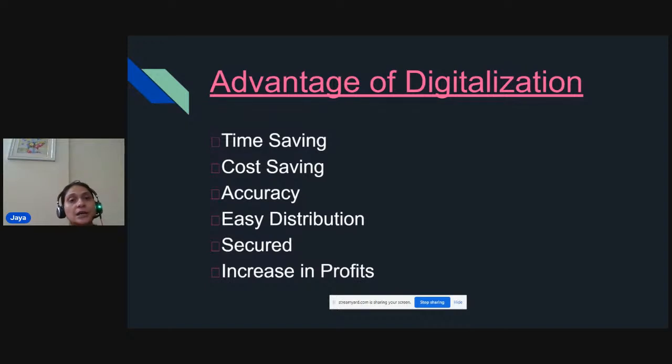Then it is secure, which I have already said in a previous slide: all the documents you are saving on an online platform are really secure. If something happens, you still have the benefit to retrieve it. You can fix those errors and save all the data you have according to your product, brand, and whatever data you have. Then there is an increase in sales: if you retain potential customers for your business, that makes repeat purchases, that makes your business grow, and that also improves your customer base. So that is why these points are really important.